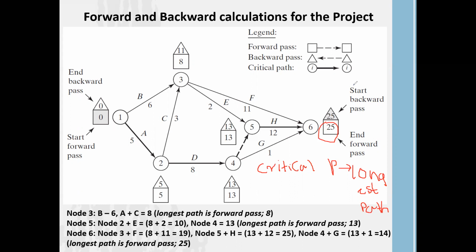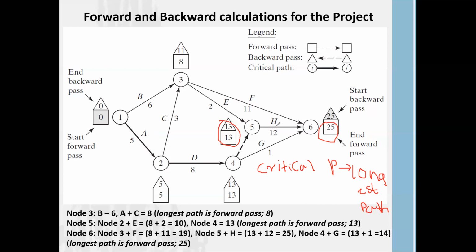So why are we calculating this backward pass then? Someone might have that confusion. We calculate the backward pass because we need to find out which are our critical activities and which are our non-critical activities. Based on our discussion, critical activities are the activities where backward pass and forward pass are equal. According to our calculation, A, D and H are our critical activities. So those critical activities' starting time and ending time are fixed. Those are not flexible activities.